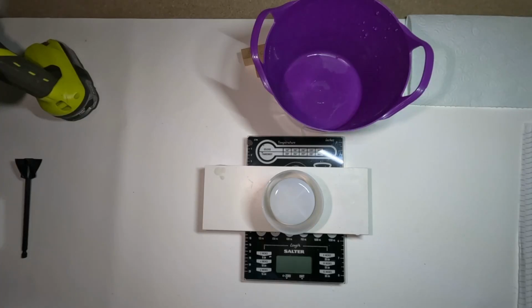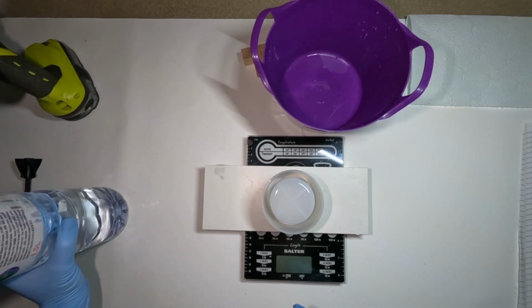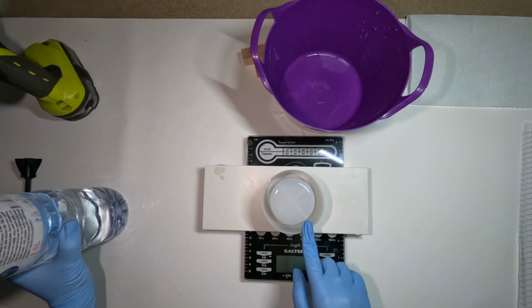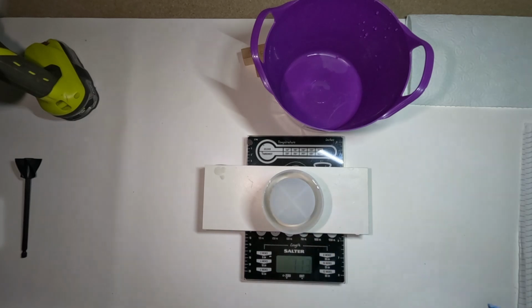Hello, today I'm going to show you step by step how to make Jesmonite pots, from measuring the exact amount of Jesmonite for your mould to coating a finished product. I have my mould, my bucket and water. I fill it up with water and I have